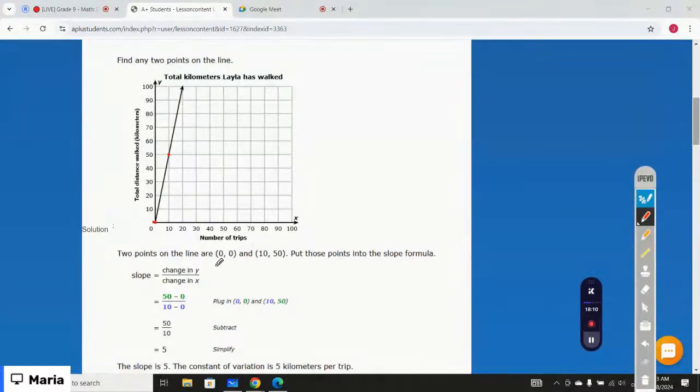So for this one, x is 0 and y is 0. For this one, x is 10 and y is 50, right? Just calculate the slope: change in y divided by change in x. So 50 minus 0 divided by 10 minus 0, 50 over 10 is 5. So that means the slope is 5. So basically the constant of variation is 5. So when you have to calculate the constant of variation through the graph,